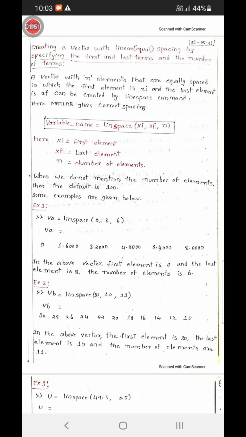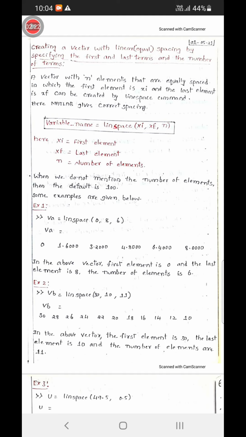A vector with n elements. The number of elements is n, and they are equally spaced. The first element is xi and the last element is xf, which we can create by using the linspace command. So here MATLAB gives correct spacing.